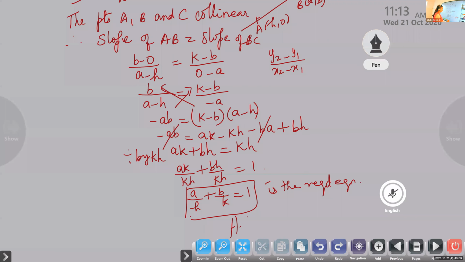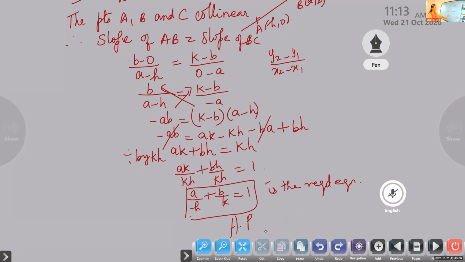Hence, proved. We have proved them. Ma'am, so even though two questions are given, we can use only this method? Yes, the question is the same. In one question it is given that the points lie on the line, and in the second question it is given they are collinear. So it means the same. The same thing may be asked like this.